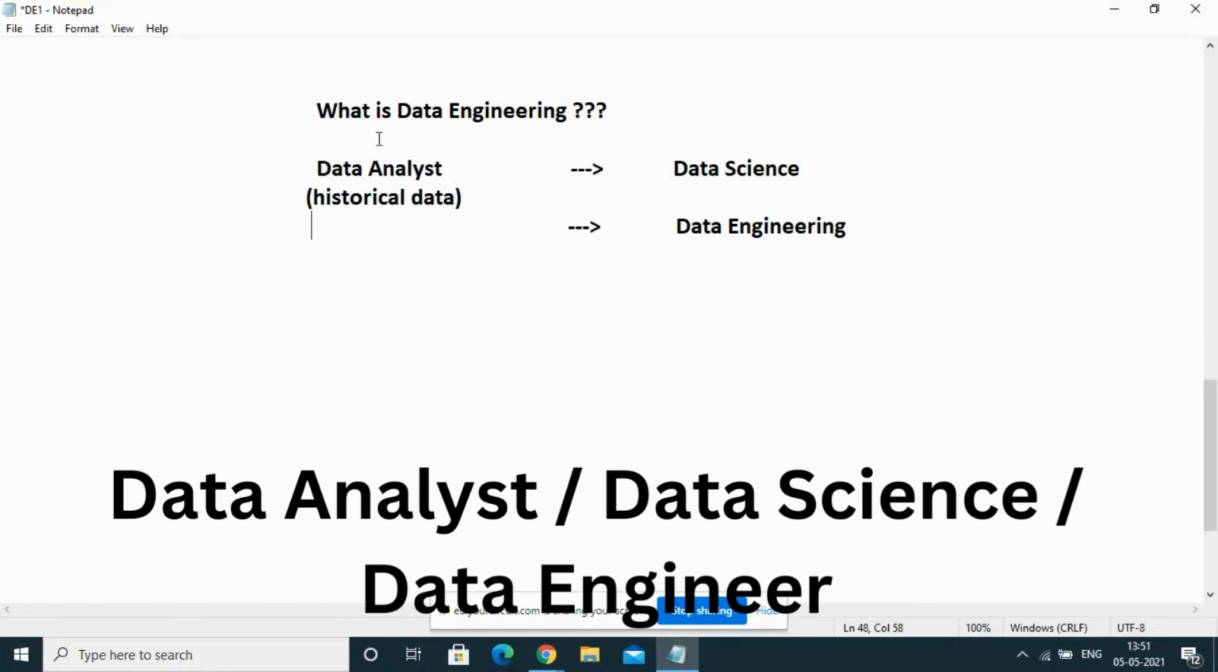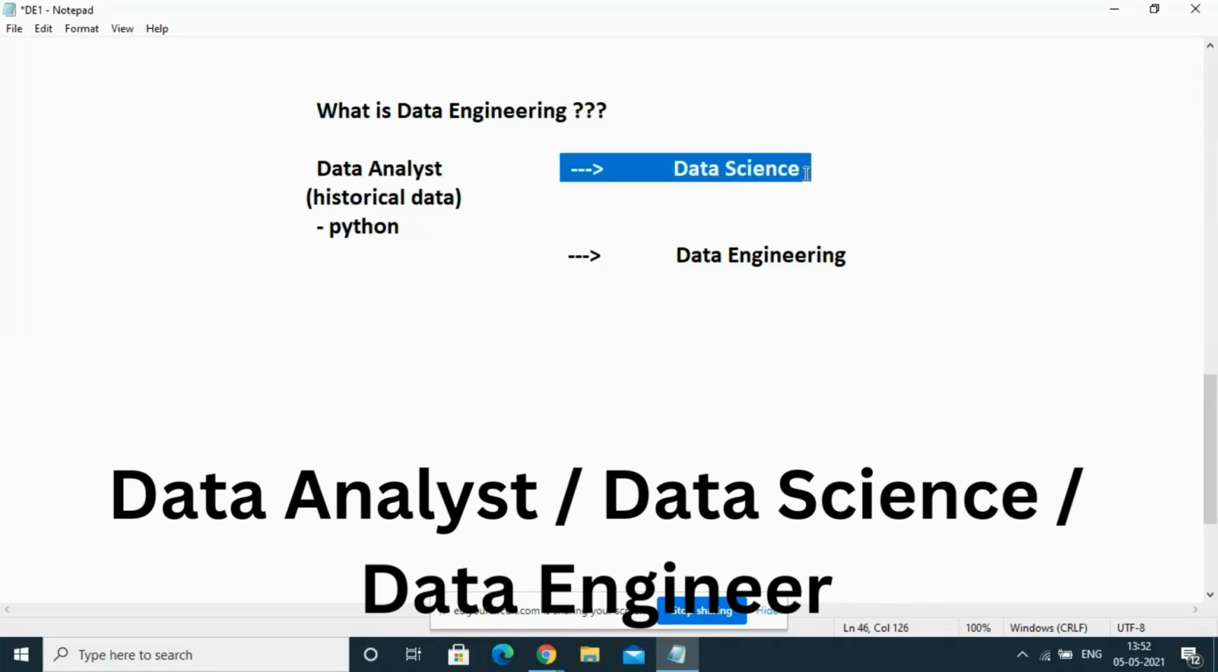You don't have to be a specialist in algorithms as a data analyst; it's not required here. But you should know Python, because Python with pandas is very popular for data analytics. Now, we're talking about data science. Here also you focus on historical data, but